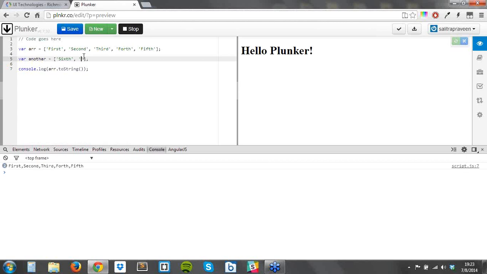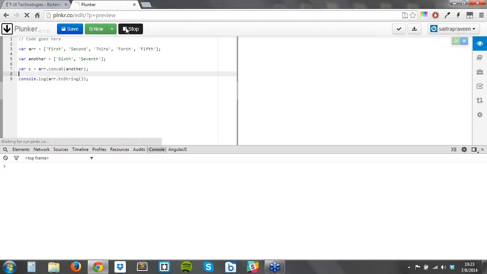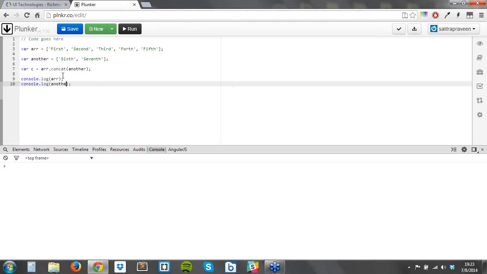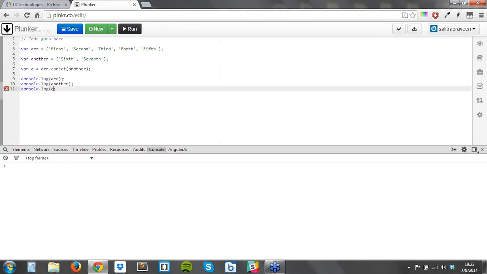6th and 7th. So I have this, and then I want to get, okay, let's say C is equal to arr.concat, and I pass another into this, and let's see what do we have on arr, what do we have on another, and what do we have on C, just to check if something has been changed. Since we have used this method, has something been changed on the arr array or another array, or what happened to C, what do we have in C,